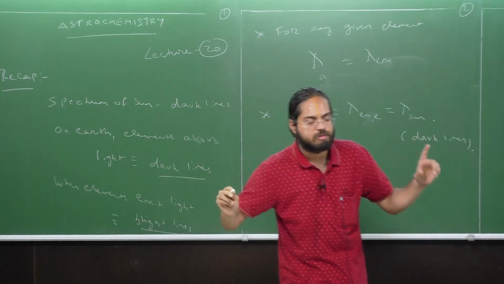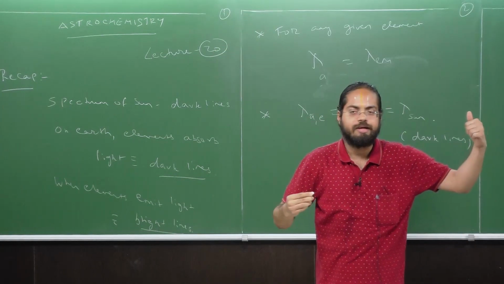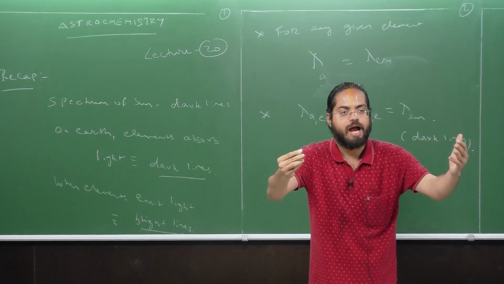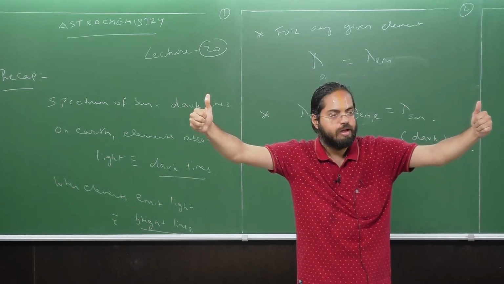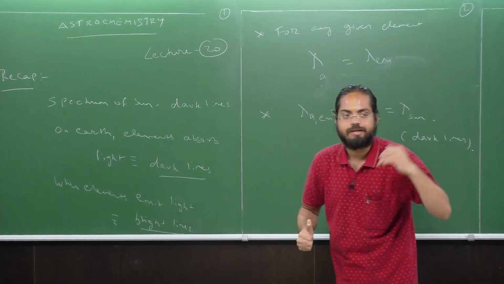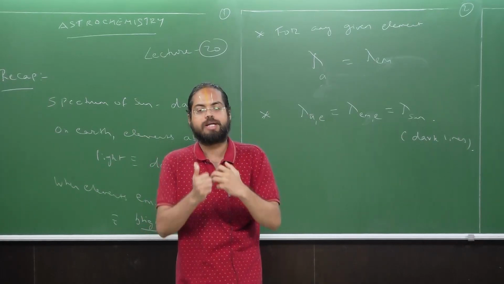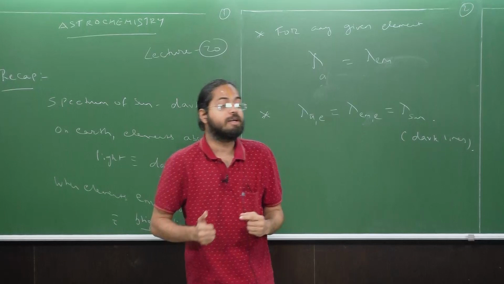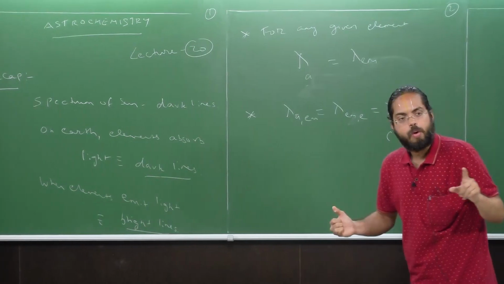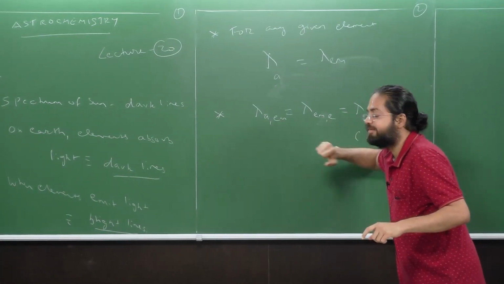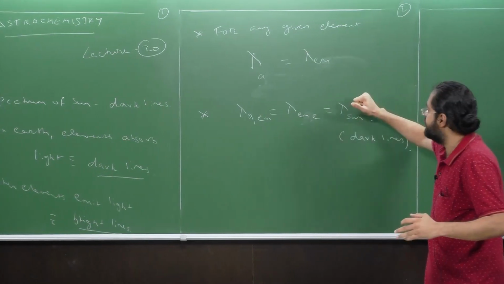Are we all good with the sequence of experiments? So on the sun we recorded something, we got some dark lines. On Earth we got some dark lines and bright lines for the same element. And we noticed that the wavelength of the dark lines is going to be the same as the wavelength of the bright lines for the same element. Which tells us that when light is absorbed by an element, you get the dark line, whereas when light is emitted, you get the bright line. And exactly the same wavelength of absorption and emission noticed on Earth, you match that with the wavelength recorded on the sun.